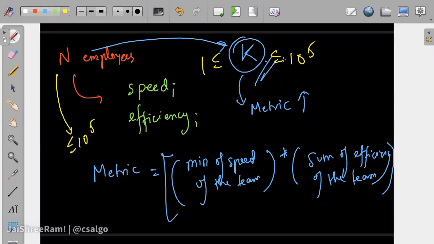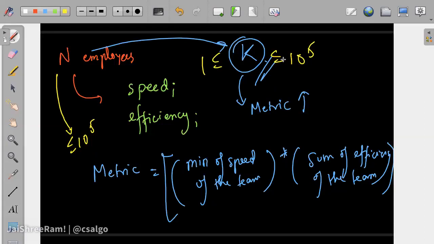Okay, now try to think about this particular problem. Can this problem be made easy if you somehow knew the minimum speed of the team? Think in this direction.